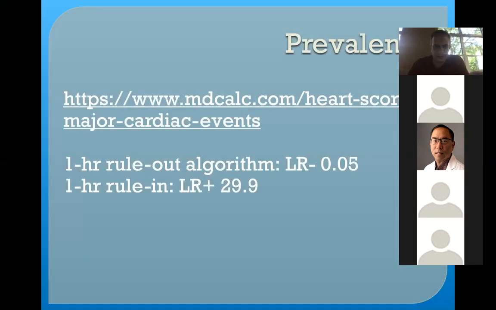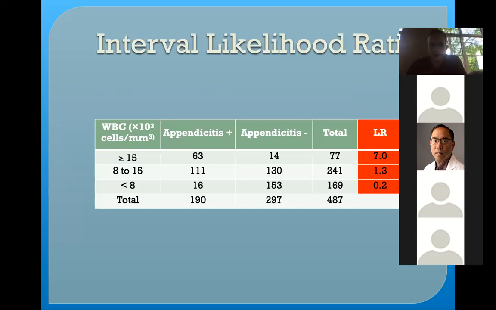So one last thing, and then we'll be done with this: you don't have to use a strict cutoff when you're using likelihood ratios. You can actually use something called an interval likelihood ratio. So here, looking at white counts for patients with appendicitis, rather than just use a cutoff of, say, 10, which I think is what it is at our institution,